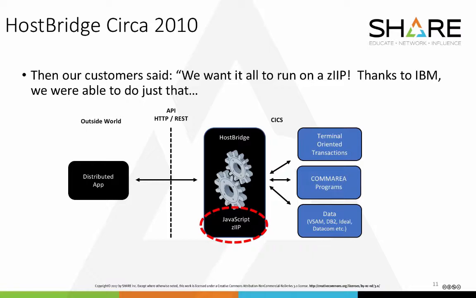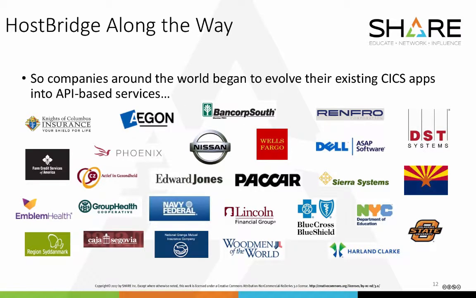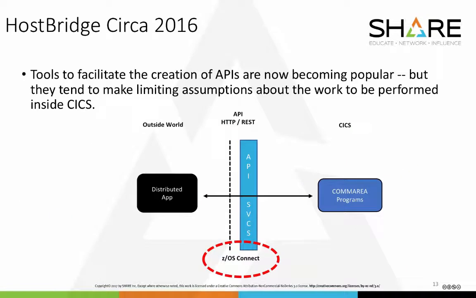And so fortunately, IBM created a program where we ISVs can participate as long as we abide by certain legal standards to offer our products running on specialty engines like zIIP. So that was the next thing that we did. And thanks to IBM and our work with them and Poughkeepsie, the lab there, we were able to do that. So along the way, we gathered a bunch of customers up, and they began to put to us even more requirements.